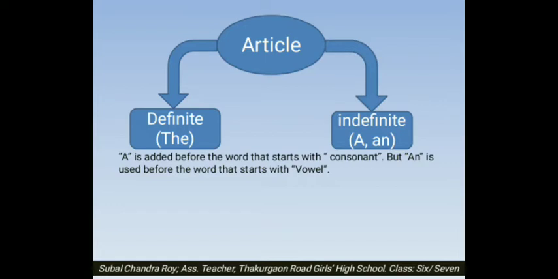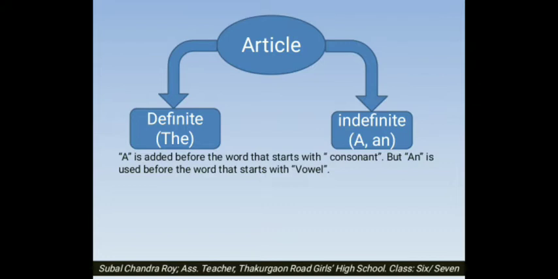We have to use a as an article where the word starts with a consonant, and an is used before the word that starts with a vowel. Which words start with a vowel, we have to use an before that word.